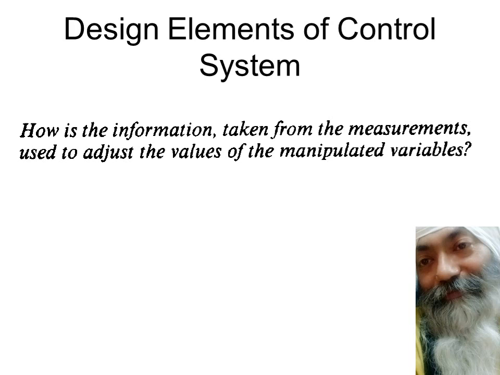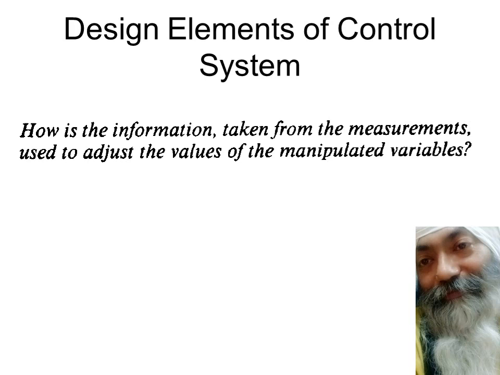So this P or PI or PID, proportional, integral, derivative, which of the three is to be used, or which of the four if you consider on-off also as one of the configurations? If we have chosen P, then what should be the value of P, the proportional gain? If you're using PI, what should be the value of P in that case? What should be the value of I, the integral time, in that case? We will study all these things in detail later, but right now, to give you an idea, let us say